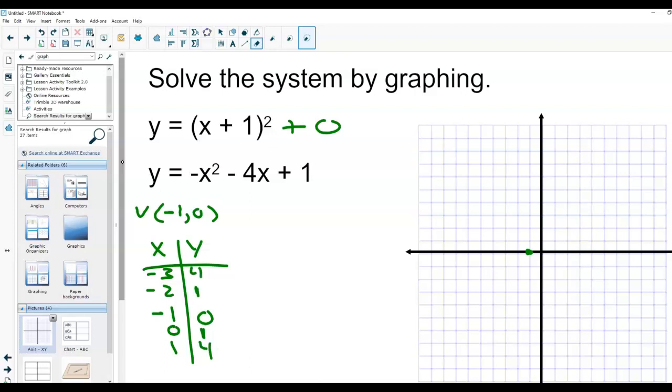And we have to be symmetric, so we have the same points on the other side. So in this case here, 0, 1, 1, 4. Negative 2, 1. Negative 3, 4. And then I'm drawing my graph. Okay. Now,